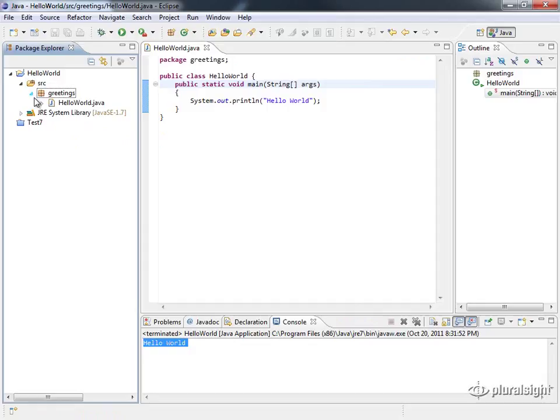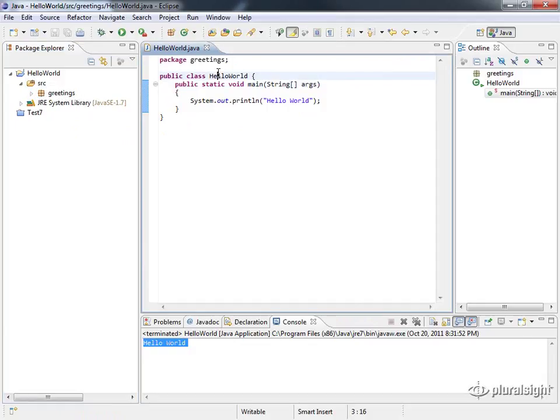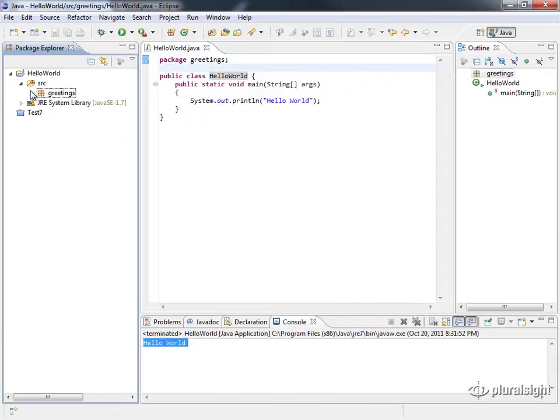You can see Eclipse is smart enough to automatically add this package to my file. So my Hello World Java is in this package called greetings. And all that this does is make it so that we can segregate our application, and also so we don't have a